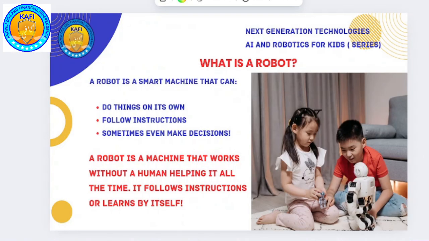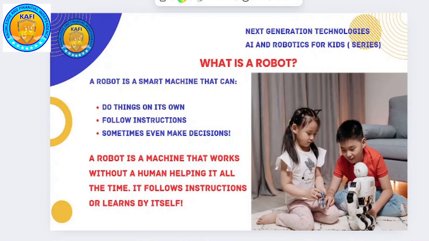Yes, we are going to make the robots, don't worry about that for now. Just understand what is the difference between a robot and a machine. A machine, you have to press some buttons or give some instruction to do something. But a robot, you give them instruction one time, then they do it, always they do it. They keep those instructions saved with them, and they know what to do and when to do, how to do.